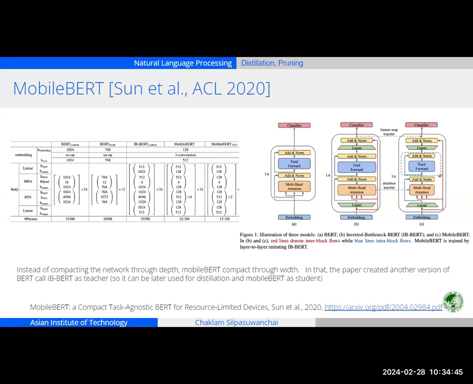You have the embedding, you have linear layers, multi-head attention, feed forward layer, linear layer, and then you have 24 of these. This is BERT large. For BERT base, you have 12 layers of these. But they say no, I will not do it like TinyBERT. TinyBERT just gets the BERT and does 6 layers. I will restructure them so that